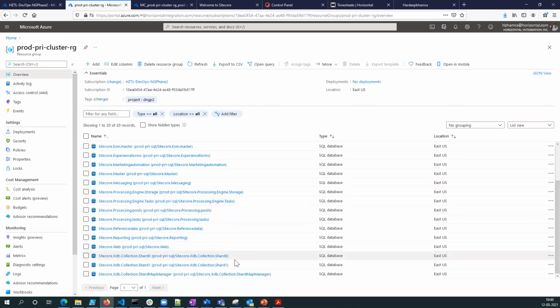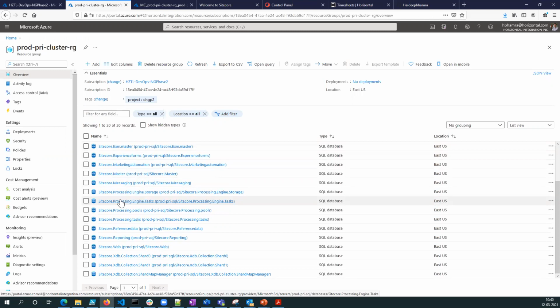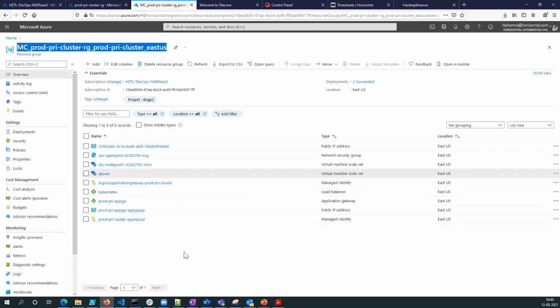An additional thing that you see here is the databases that we are creating in the backend. Now, these databases last time were all getting set up in the pods. This time we are doing it in Azure SQL as a service. Okay, so this is a new thing that you will see. There's a list of the databases that gets created for Sitecore 10 on Kubernetes, and it's pretty standard stuff, nothing new.